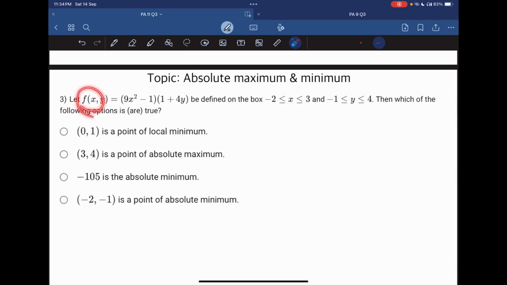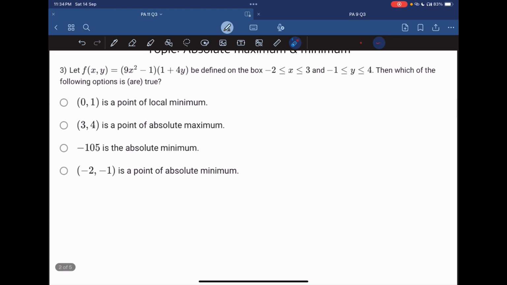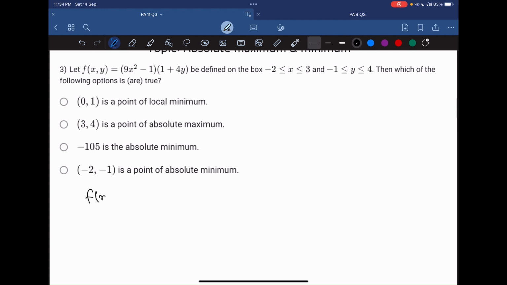Let f of x, y be defined like this, on the box where the x value lies between -2 and 3 and the y value lies between -1 and 4. Then which of the following options are true? The options are asking us to check the maximum and minimum value of the function, at what point they occur and what is the value. So given our function,